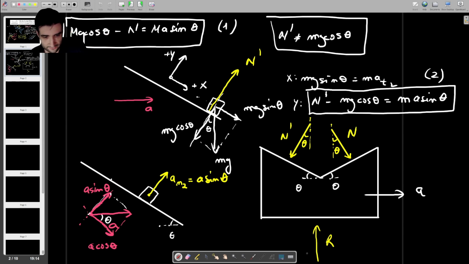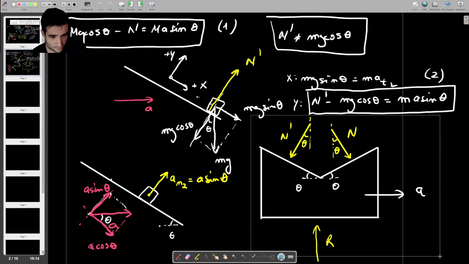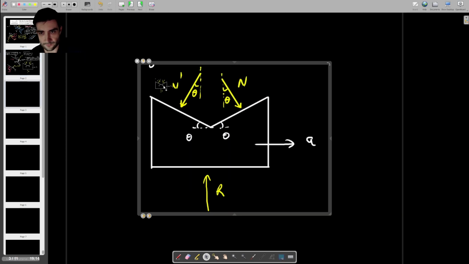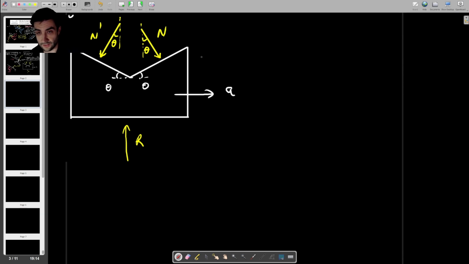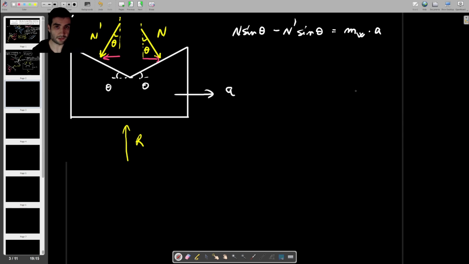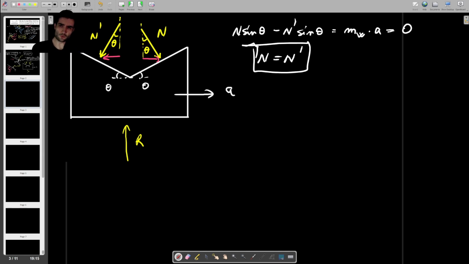So what we have in this case is that n sine theta minus n prime sine theta. Those are the horizontal components like this and like this. Those are equal to the mass of the wedge multiplied by the acceleration. The mass of the wedge is 0, so this is 0, which means that n is going to be equal to n prime, which is a very interesting